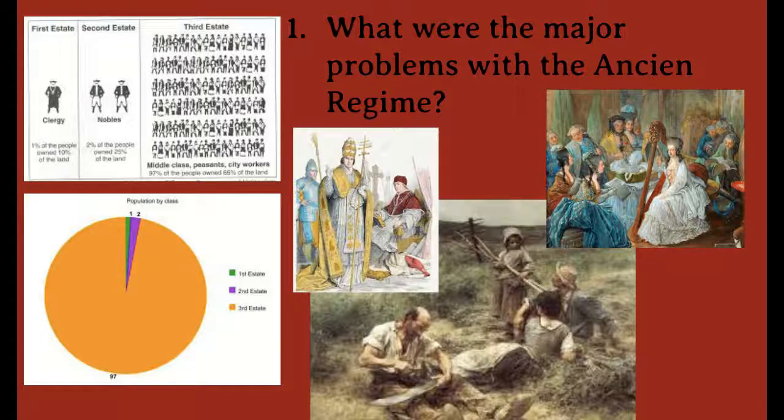It's also important to remember that some members of the third estate were members of the middle class and were workers in cities. Some middle class members of the Ancien Regime were able to purchase positions as nobles, especially in the 1700s, as the king was looking for ways to make money. But largely, your position in each of these estates was cemented by your birth.